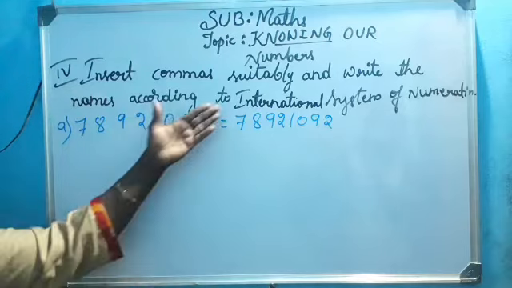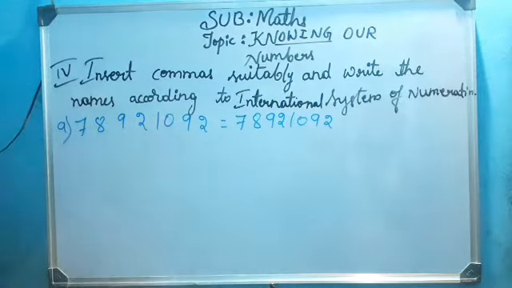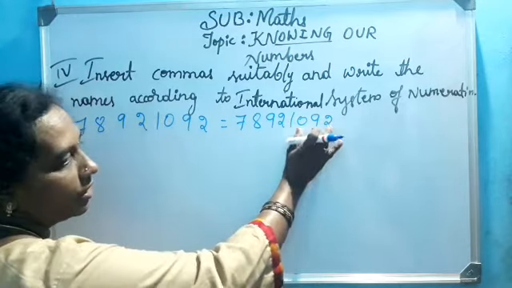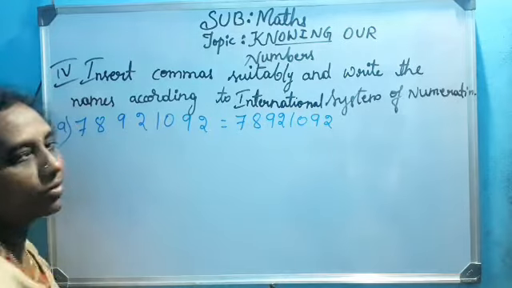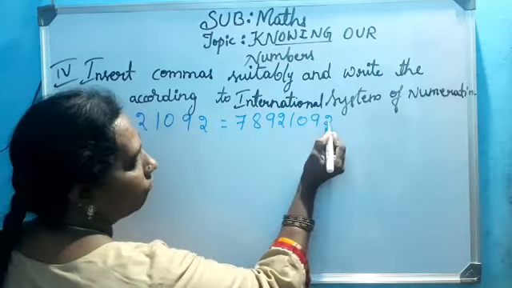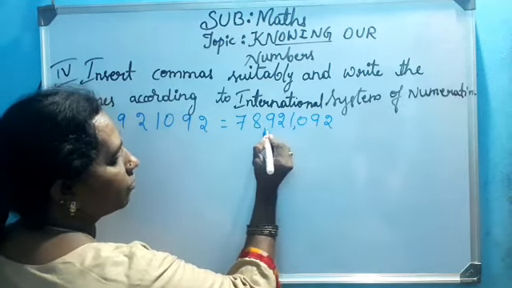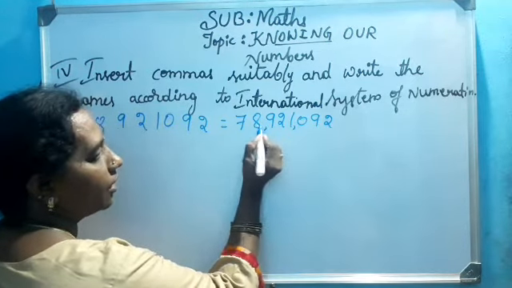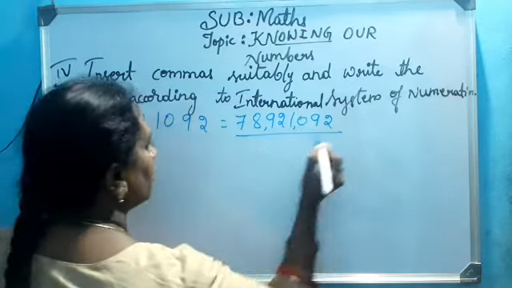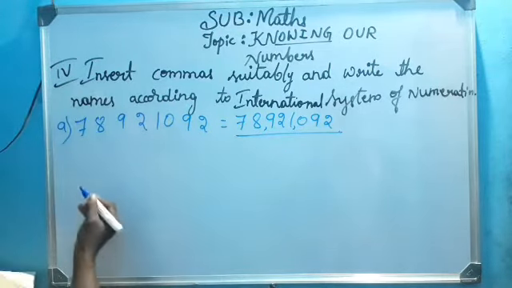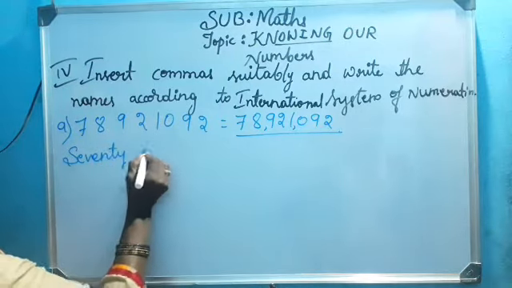So you know the International System of Numeration, no, children? In the Indian system first 3 digits, but here after every 3 digits we put the commas. See, ones, tens, hundred, thousand, ten thousand, hundred thousand, then million, ten million. Now read the numbers, children. 78 million,